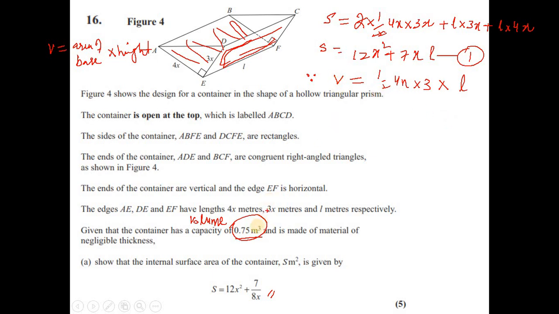Since the capacity is given as 0.75, and the required equation does not involve any decimal, I can write the capacity or the volume as 3 by 4. So 3 by 4, which is 0.75, is equal to half of base into height, then 2 times 3, sorry, 6xL, and then length is equal to